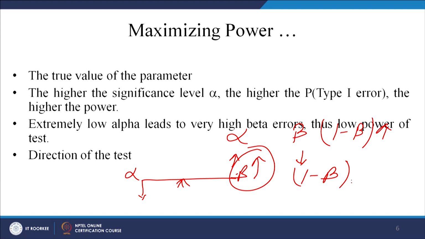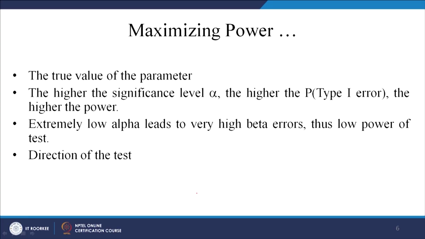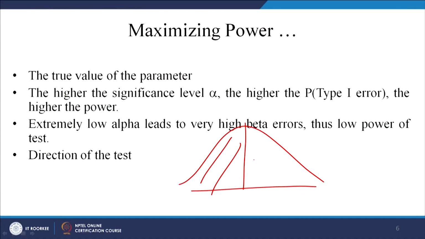Direction of the test. Now, the direction of the test also has an influence on the power of the test. How does that happen? Let us see this. When you have a two directional test, the test is divided into two sides. In such conditions the power of the test becomes slightly low, in comparison to when you are very clear with the direction or the orientation of the study. When you are interested in one side only, in that case the power of the test becomes more robust.